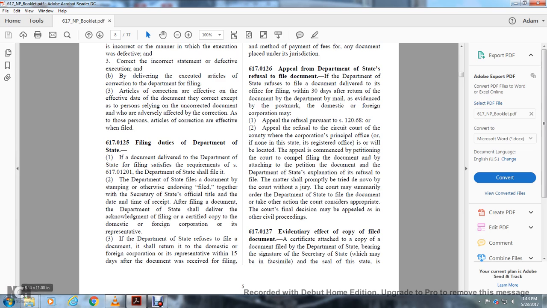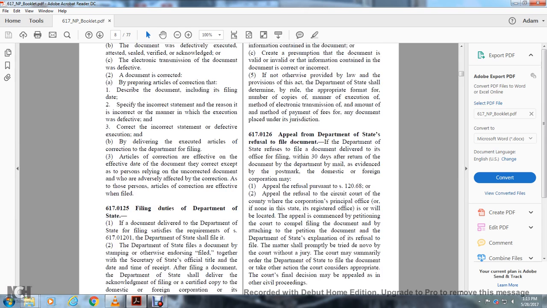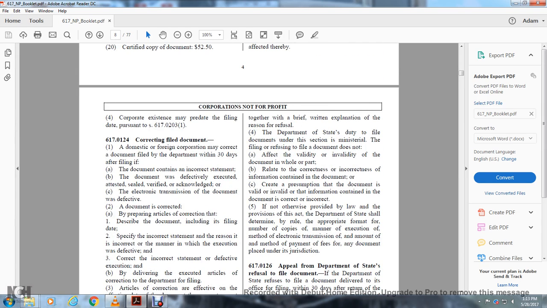If the Department refuses to file a document, it shall return it to the domestic or foreign corporation or its representative within 15 days after the document was received for filing, together with a brief written explanation of the reason for the refusal. The Department of State's duty to file under this section is ministerial, and its filing or refusing to file a document does not